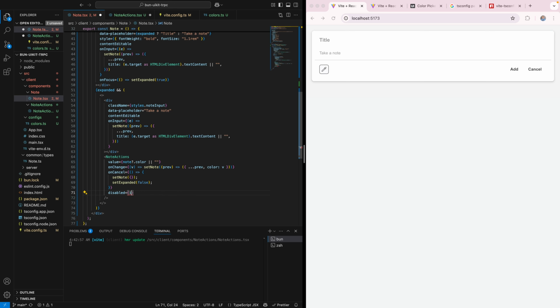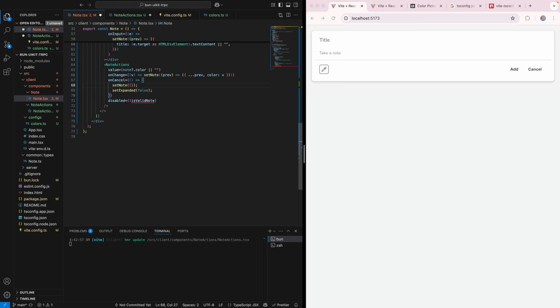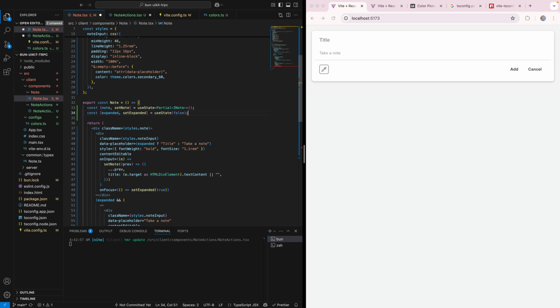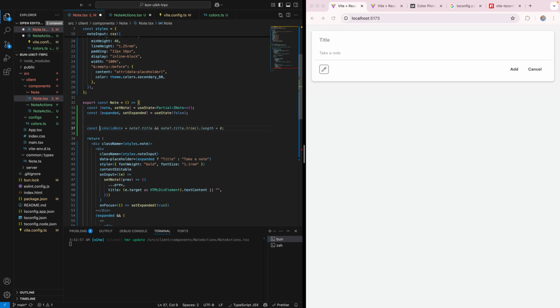So we'll say is valid note. If it is a valid note, this should be a boolean. If it's not a valid note, simply it should be disabled, right? And maybe we can say const is valid note when